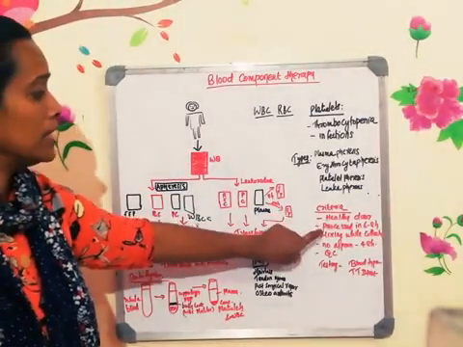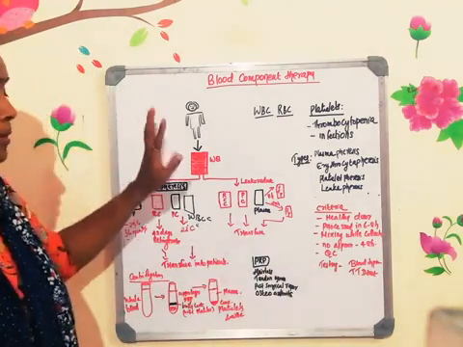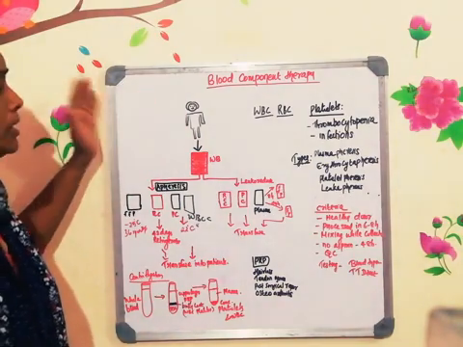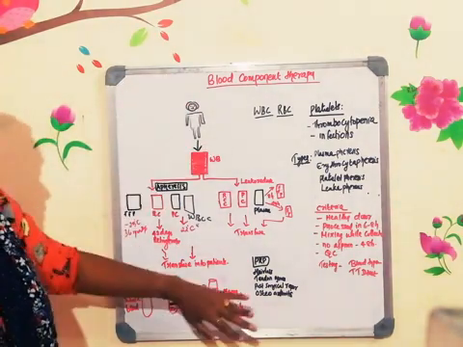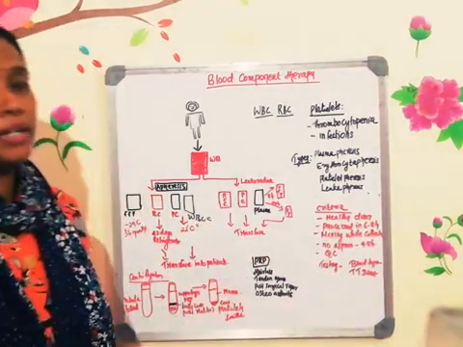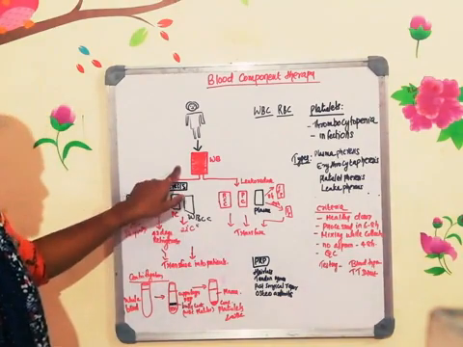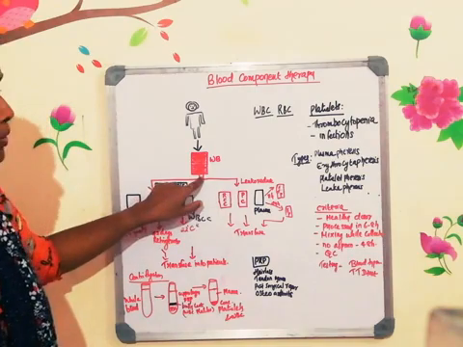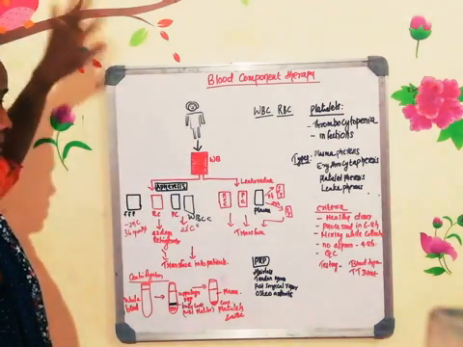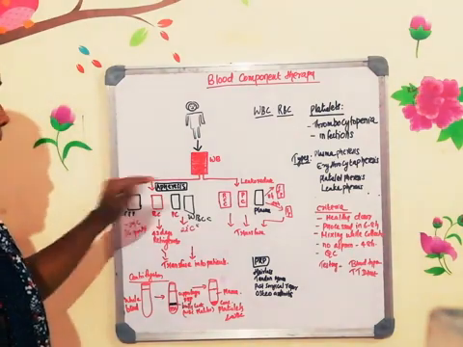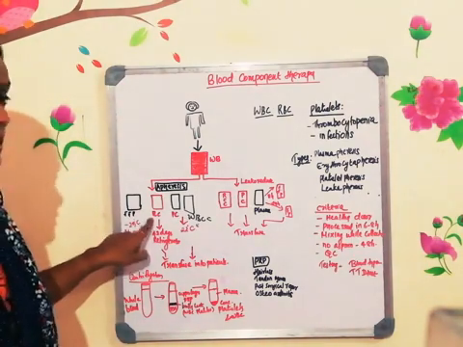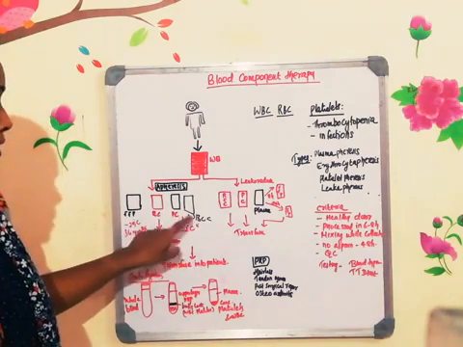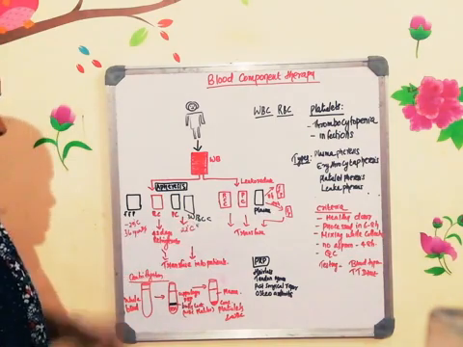So criterion number 1 is the selection of a healthy donor. If they are doing blood donation and the apheresis technique directly, it will take some time. Sometimes in the blood bank itself, after collecting the blood, within 6 to 8 hours they do the plasmapheresis technique. So this is the whole blood. If the patient is directly admitted, they will not collect it into the pouch. Directly the blood will be transferred into the apheresis instrument, which will separate the blood into individual components, such as RC. What is RC? Red cell concentrate. The second one is PC, which stands for platelet concentrate, and WC stands for WBC concentrate.